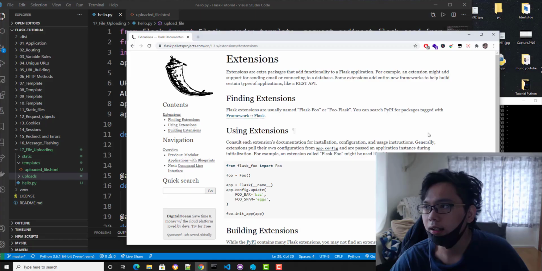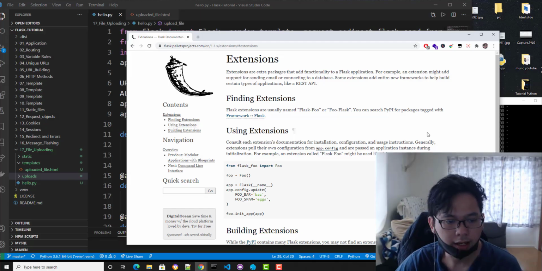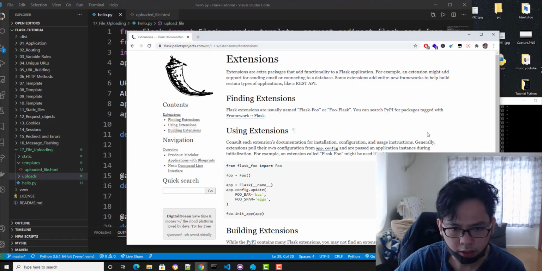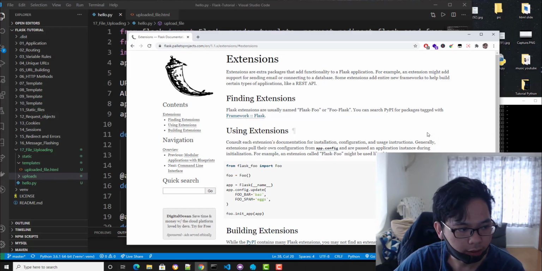That's the only thing you need to understand, the difference between a micro framework like Flask and Django. Flask is a micro framework. For example, if you install Django, you install the entire thing in one go, even if you don't use it. Compared to a micro framework, you have the option to install this or that to make your code as simple as possible. That's why Flask is very popular.